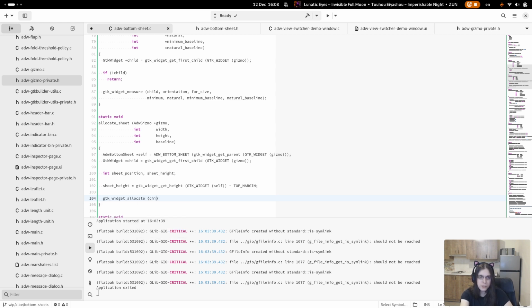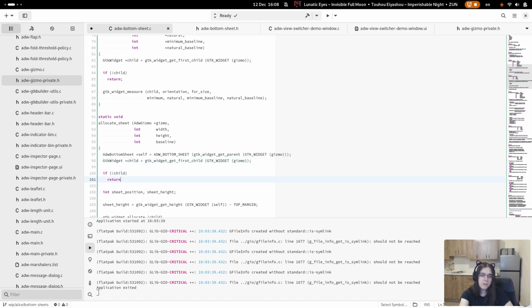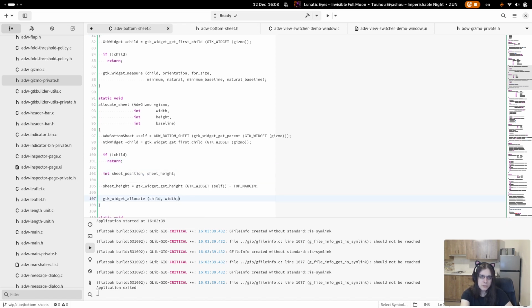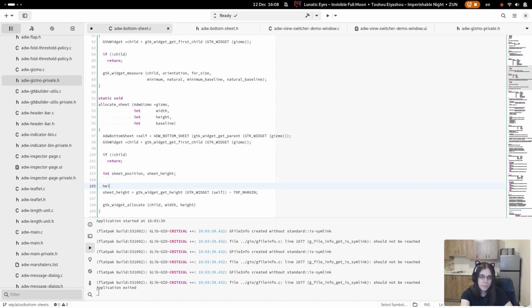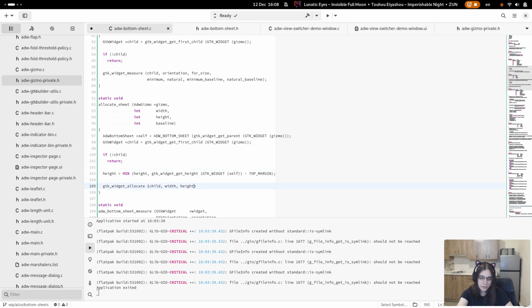Okay, child. Again, if there's no child, we just bail. So we allocate child with height. So we modify height like this, and that's it.